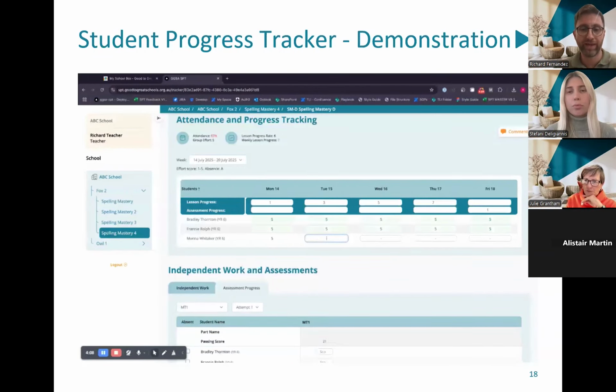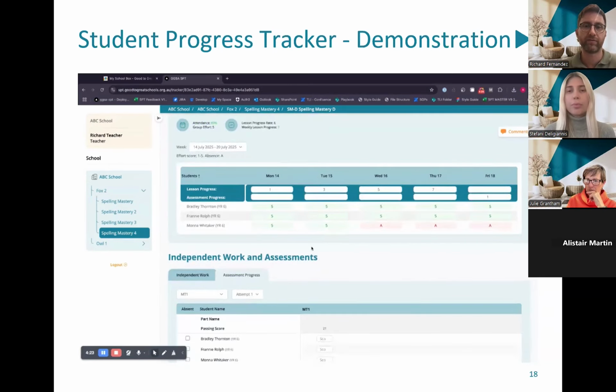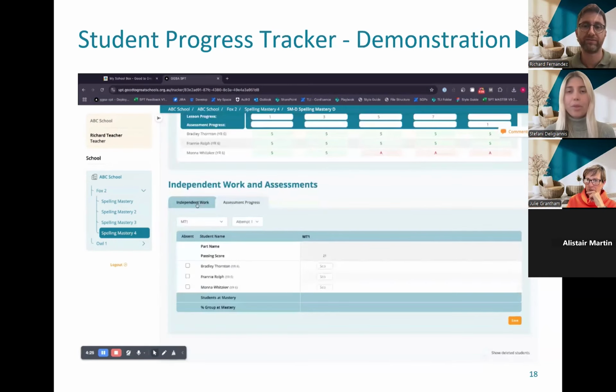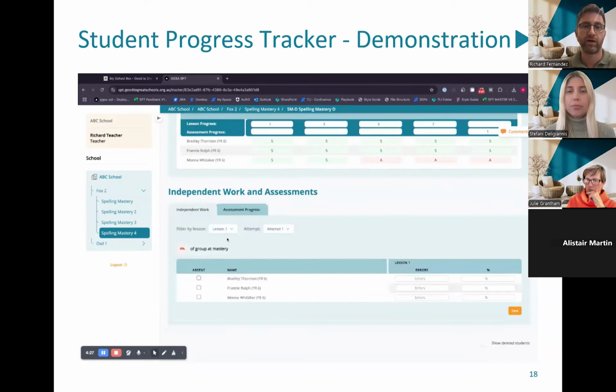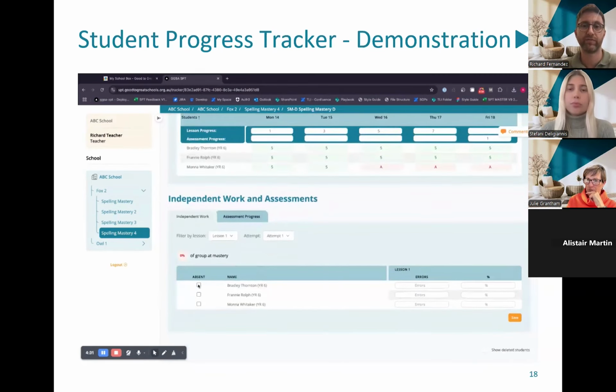I'm actually putting the effort score in for each of the students, and you can record the absences here as well. So here you can see that the weekly attendance rate is 80% and the average group effort is 5. Based on our base rate of lesson progress of 6, we've overachieved for this week.